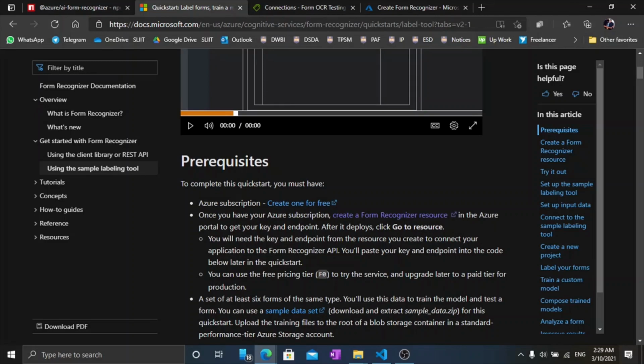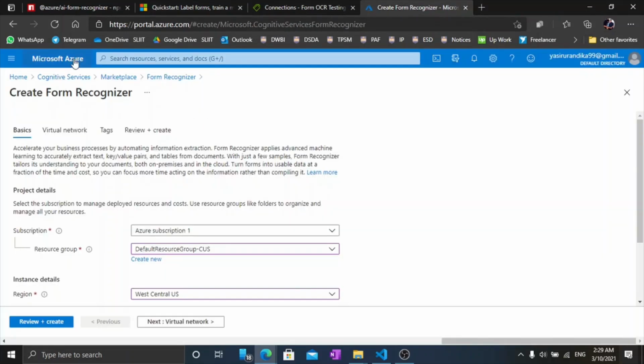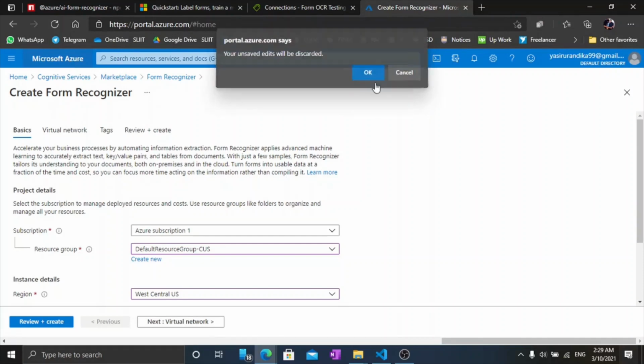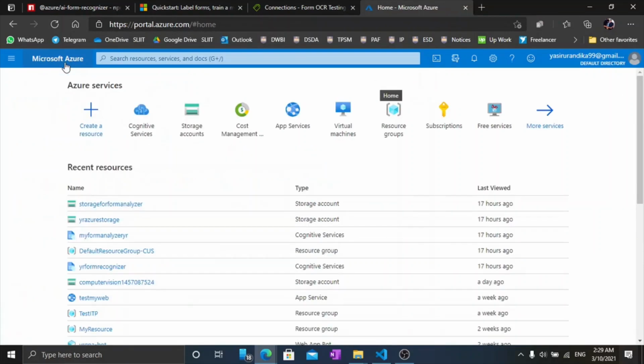First of all, we need a Form Recognizer resource. To create a Form Recognizer resource, you should have an Azure subscription. So you can create a free Azure account if you don't have one, or else you can use the one that you have. So we are going to the Azure portal, and there in the home,